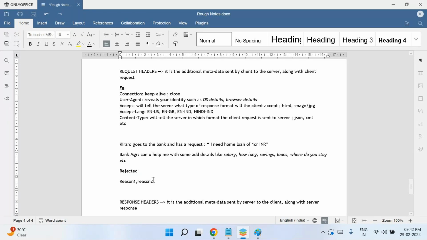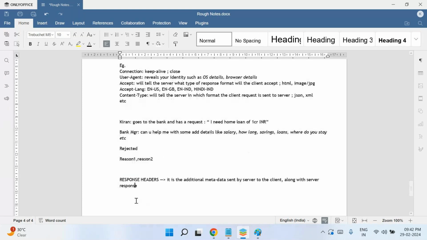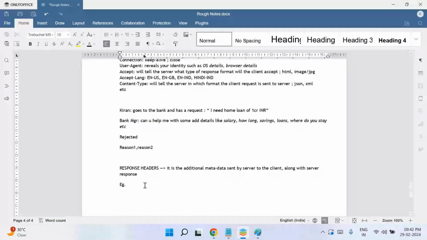So they are called response headers. The server also gives certain additional response headers to the client. Example, date. The date on which the response is sent out is present in the date header. Then you have content type. The server will also tell in which format it is sending the response. So this will tell the client in which format the server is sending